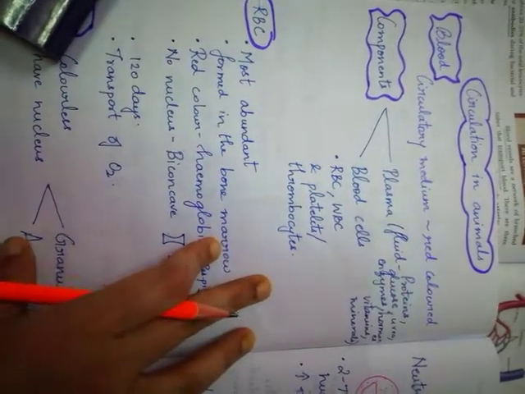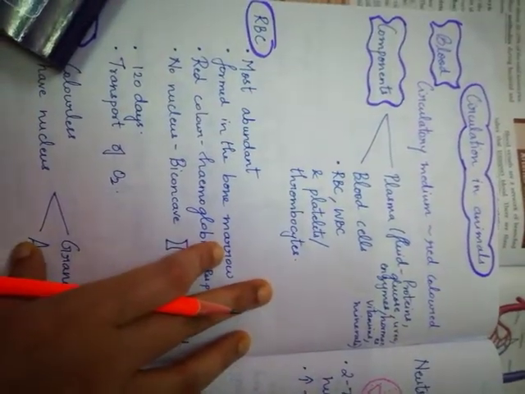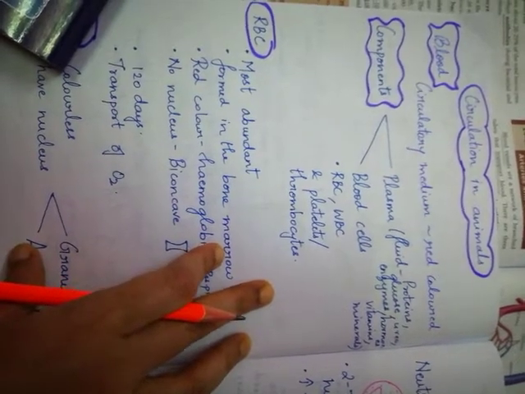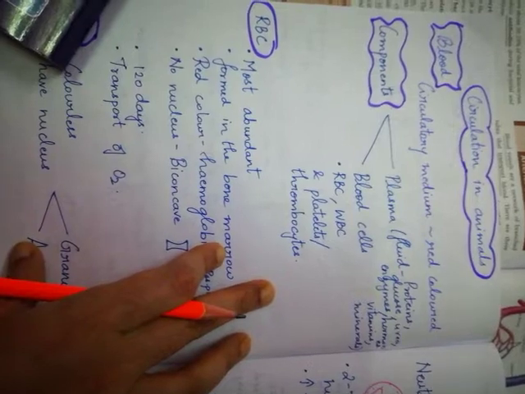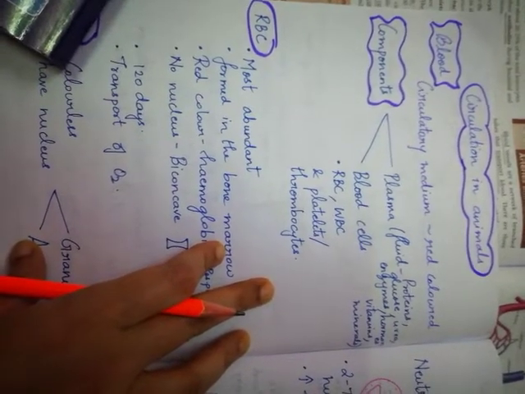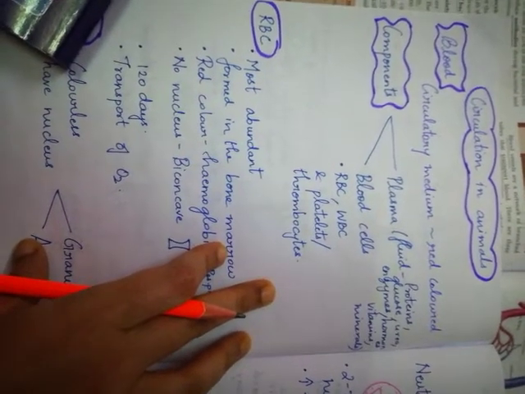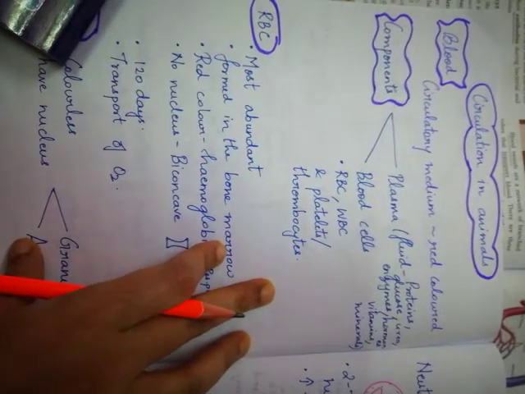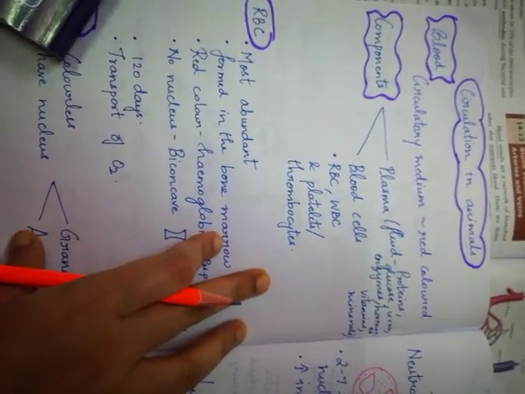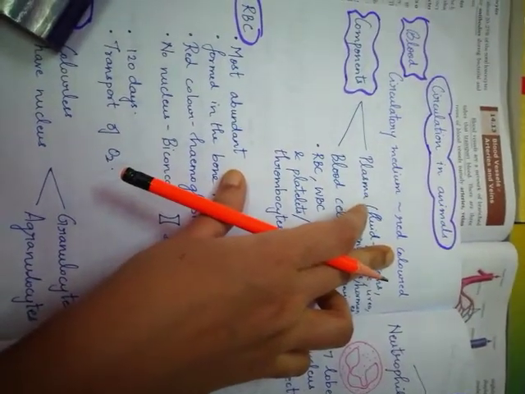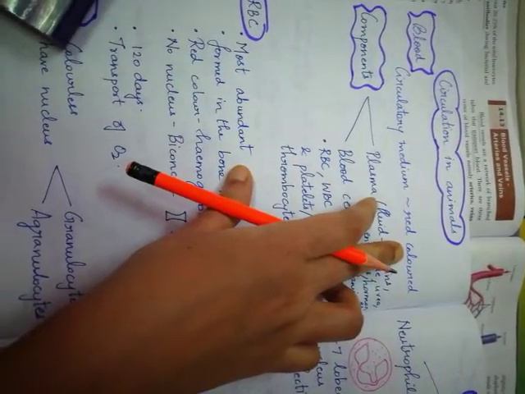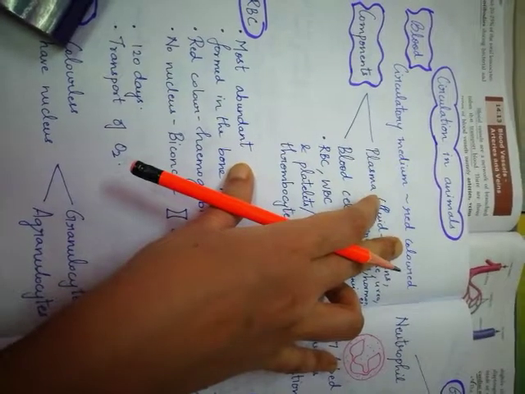So in 14th unit, let us see circulation in animals. So what is the main thing which is continuously circulating in our body? That is nothing but blood. So blood is the main circulatory medium which is circulating throughout our body, and it is red in color because of the presence of hemoglobin. So it is a very important component for our survival.